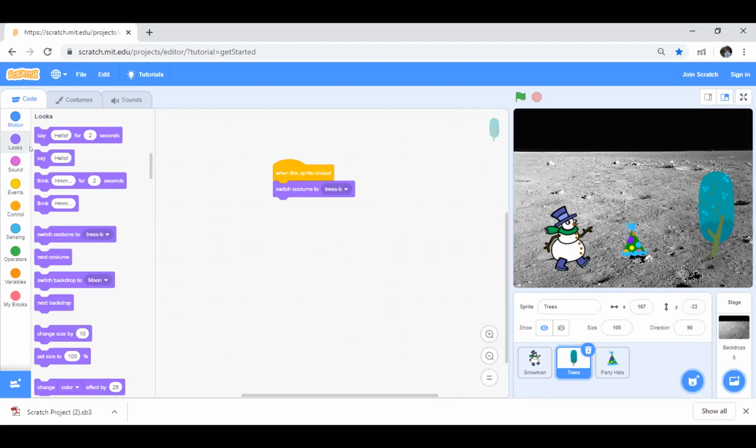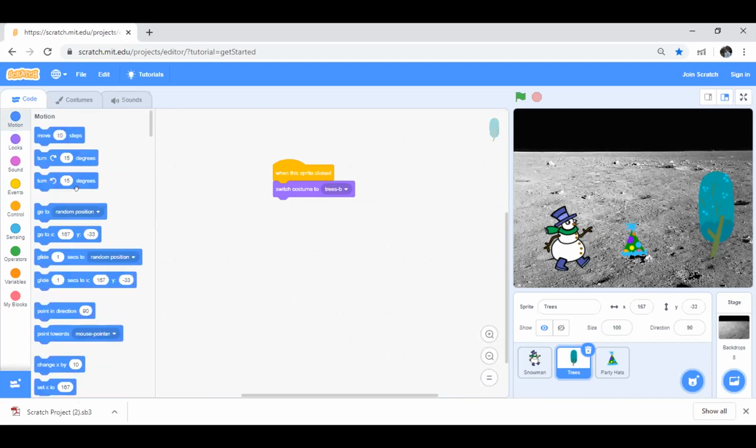Yes, Anand. It's coming, switch costume to. So switch costume to. It's only showing tree 1. For you, it is only showing tree 1. It should be there. There should be 2 costumes for you. For everyone, it is showing one costume or what? No, sir. For me, it's 2. Okay, then Anand, try to change your tree. Try to select some other tree which has got 2 costumes. Okay. Okay, I'll delete it.